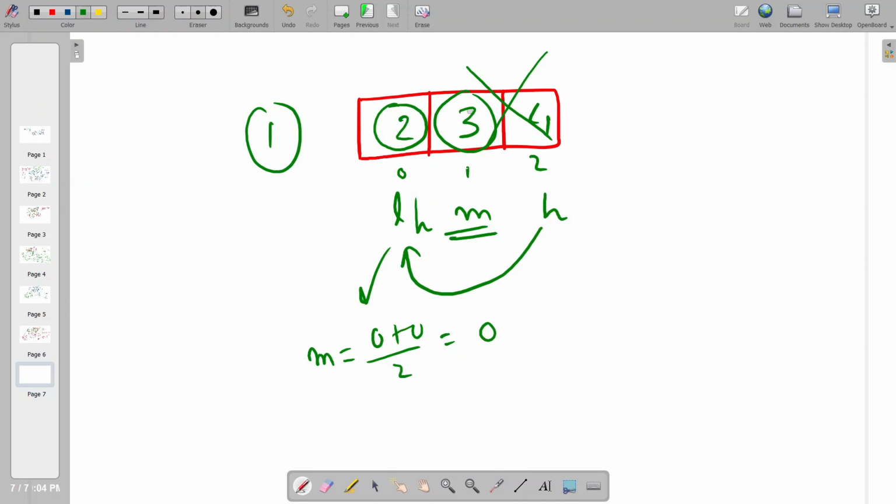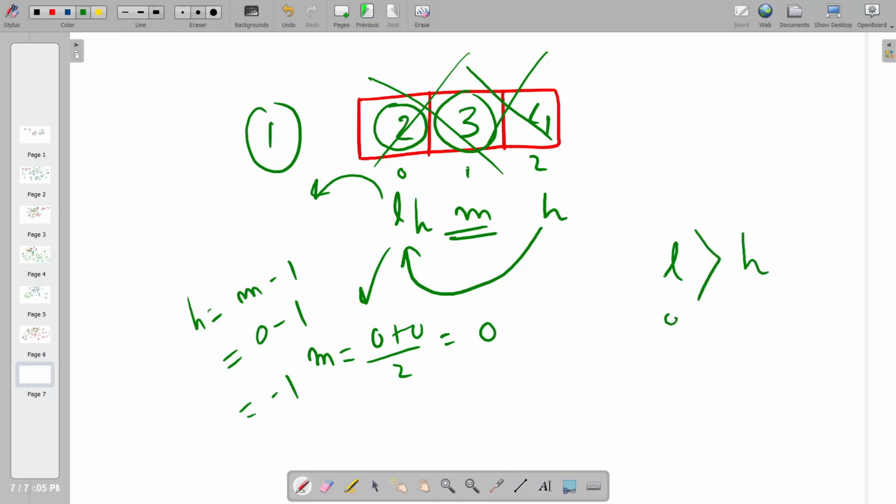So answer cannot be on the right hand side. Delete the entire right hand side. Now proceed towards the left. So now the high will become mid minus 1. So now it means 0 minus 1 and high becomes minus 1. So again we are getting this condition, low is greater than high, right? Low is 0 and high is minus 1. So 0 is greater than minus 1. So when we reach this condition, we are going to break out of the loop. That's how simple binary search is.